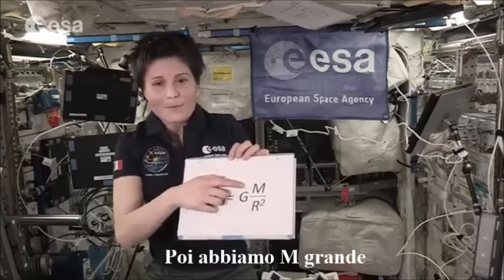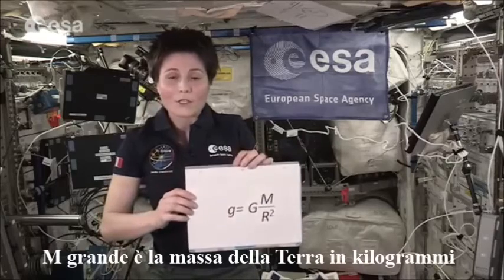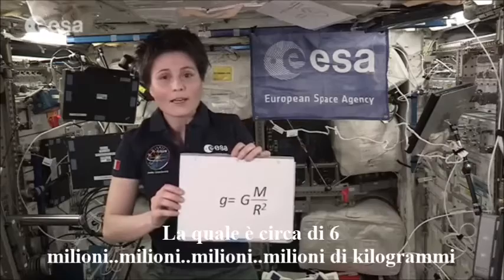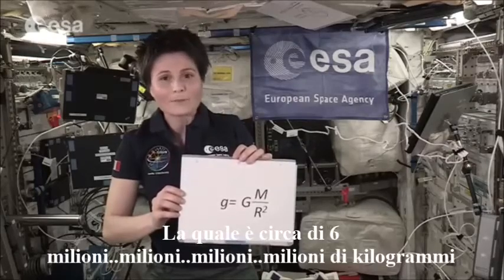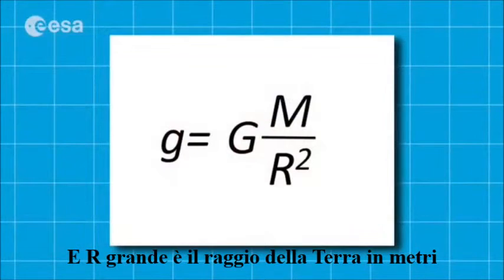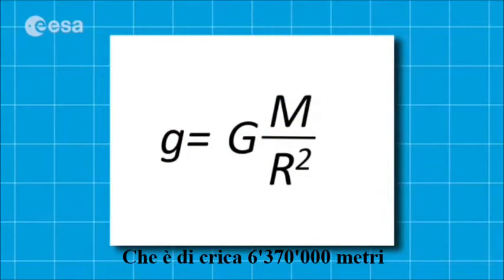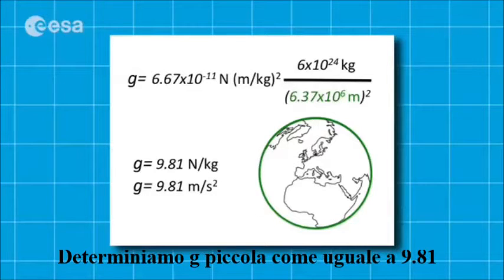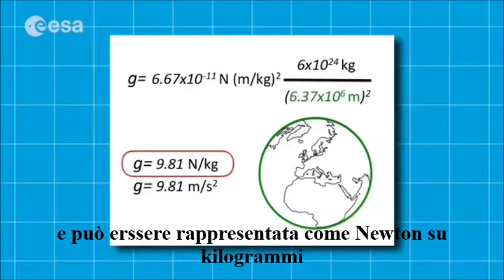Then we have big M. Big M is the mass of the Earth in kilograms. So that would be around 6 times 10^24 kilograms. And big R is the average radius of the Earth in meters. That is about 6,370,000 meters. Introducing numbers, we determine small g as being equal to 9.81,